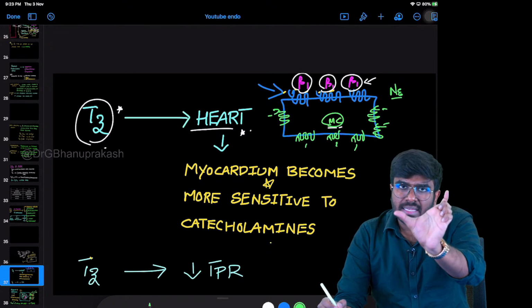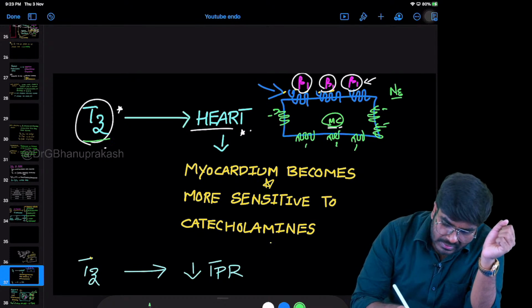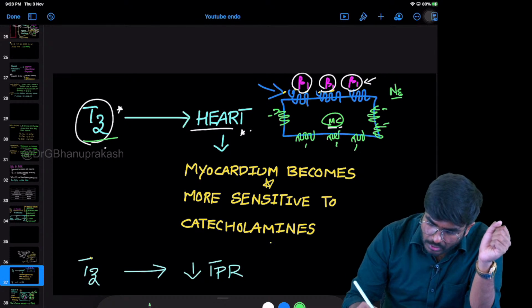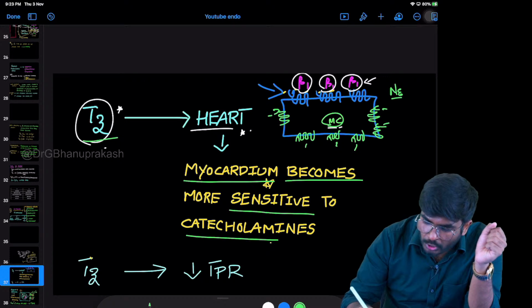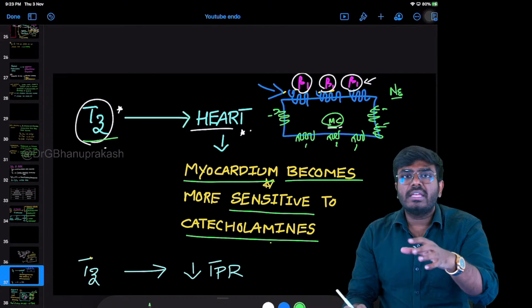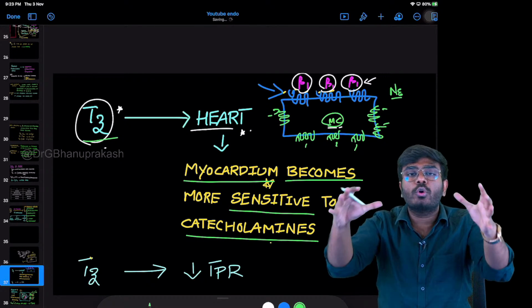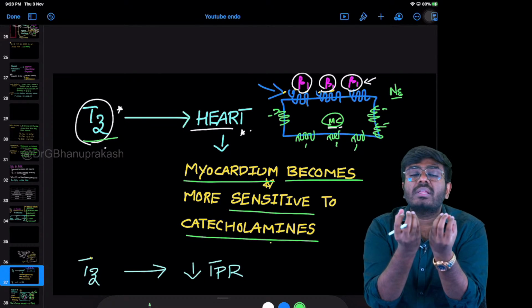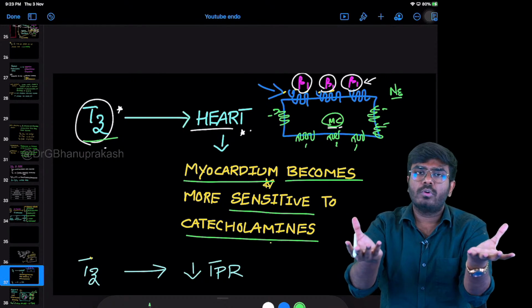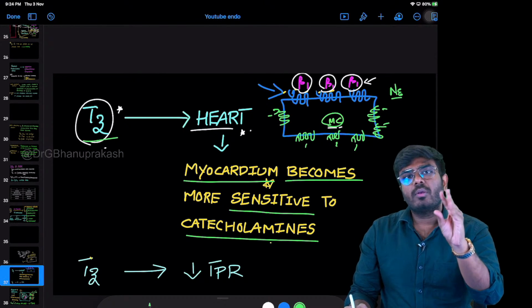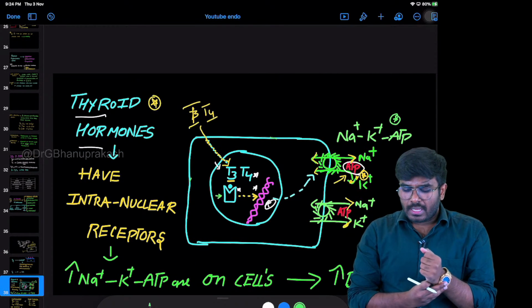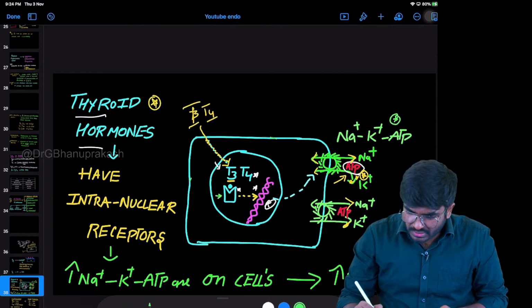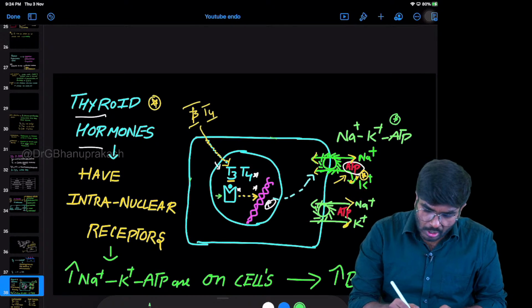So, what I can say as a statement is that T3, or thyroid hormones, make the myocardium sensitive to catecholamines. Whenever there is T3, more adrenergic receptors come onto the myocardium, so that the myocardium becomes more sensitive to the catecholamines. So, there will be an increase in heart rate. Now, after this, the important concept I want you to understand is, sir, how thyroid hormone